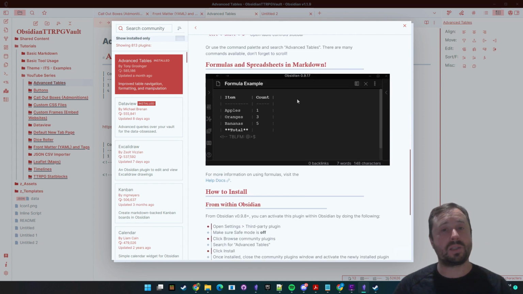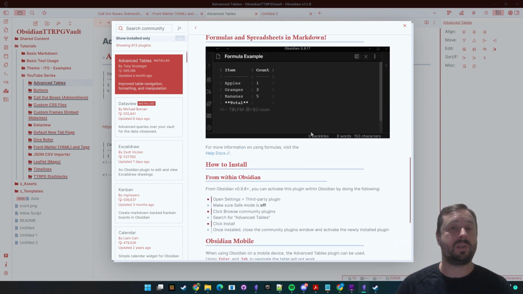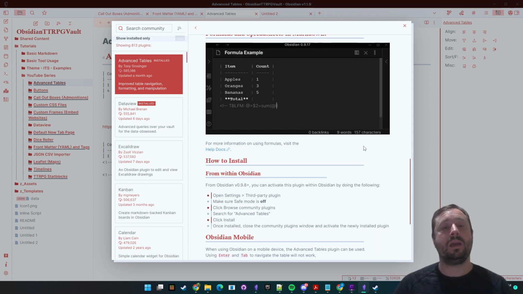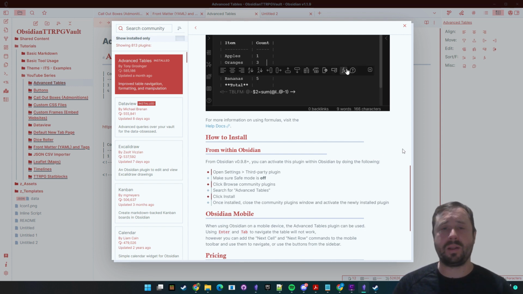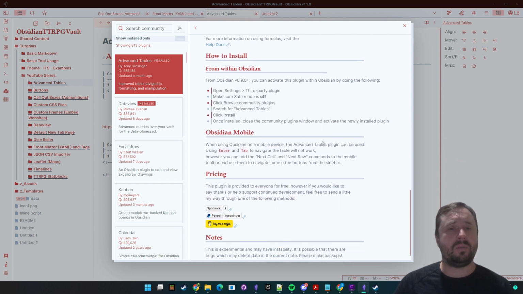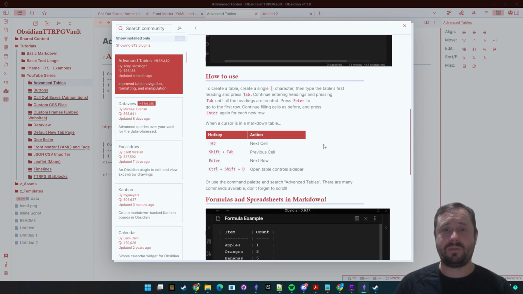It's got formulas and spreadsheets in Markdown, so you can actually do some mathematical equations on it. And that's kind of like where we want to go next, right? I just want to have a look at how that's working. There's no way for me to give you an example of every single type of formula I do, that's not how maths works, but if you come through here and have a look specifically at this link up